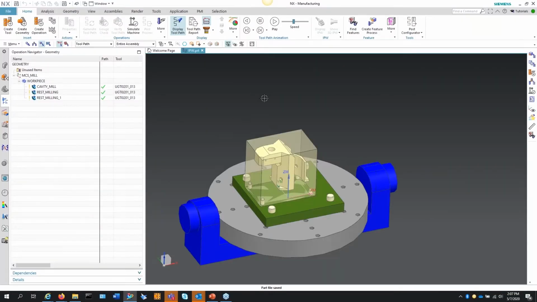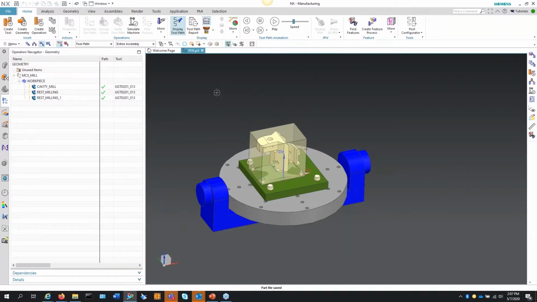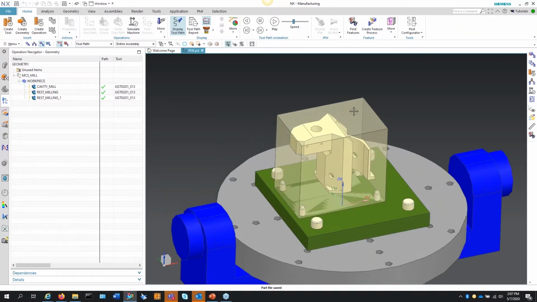So I'm using NX 1915. That's the latest release. And I have a part here. This is the shaded transparent piece, the stock. The yellow piece is my actual part. And one thing I want to show you right from the very beginning